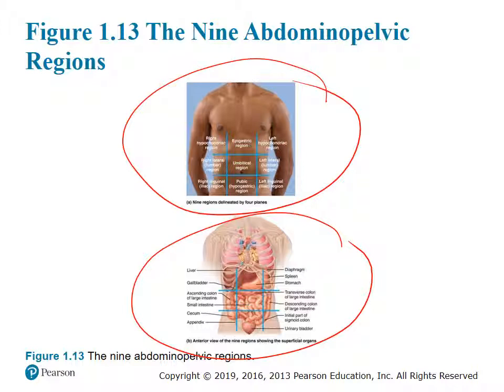Again, as clinicians later on, more than likely, the vast majority of your patients won't come like that, right? Nor can you look at patients like that. You can't. It doesn't work that way. You don't splay them open, let's go to surgery and let me see what's going on. Normally, this is what you're going to have to do, right? You're going to palpate the patient. You're going to examine the patient looking like this, right? So you've got to touch, feel, push, tap, whatever the case may be, to identify if there are any underlying issues with any of these organs. And that's why we identify these regions. And those regions are right on the